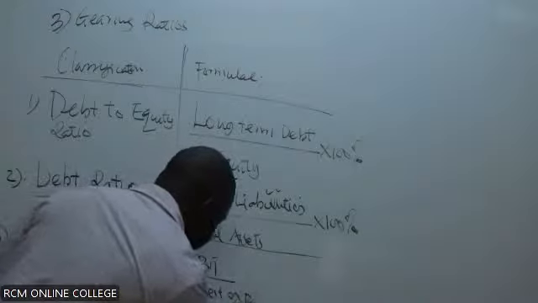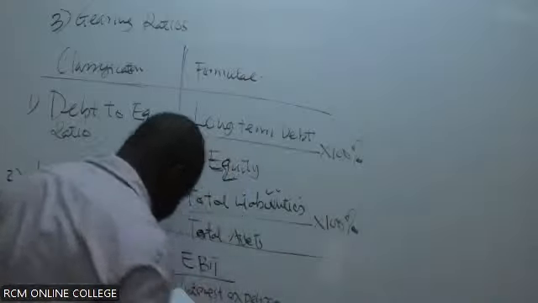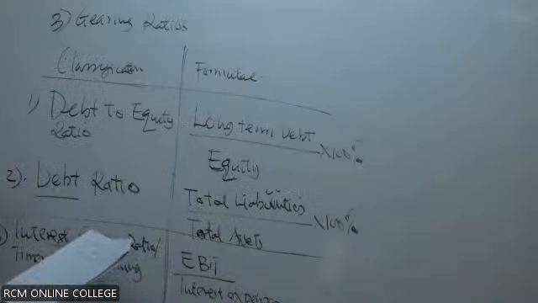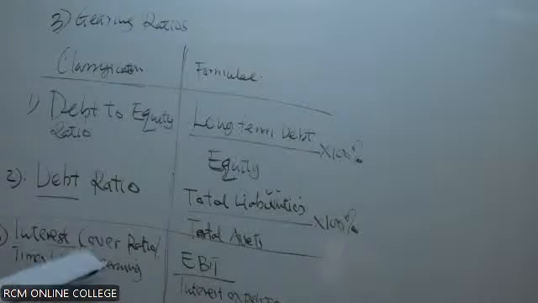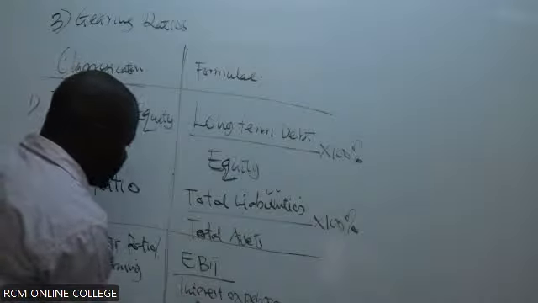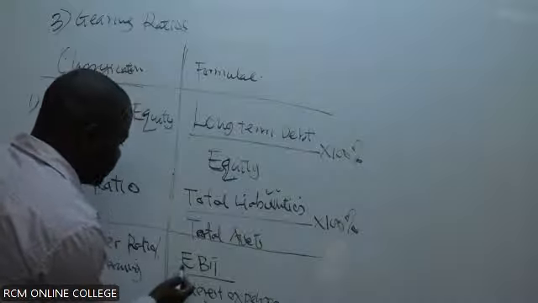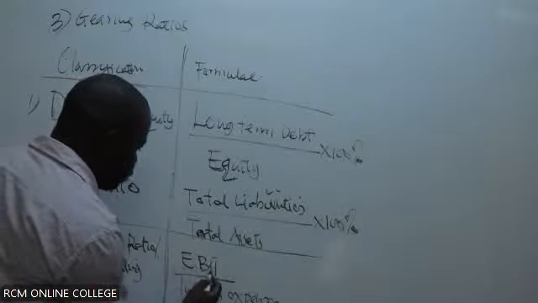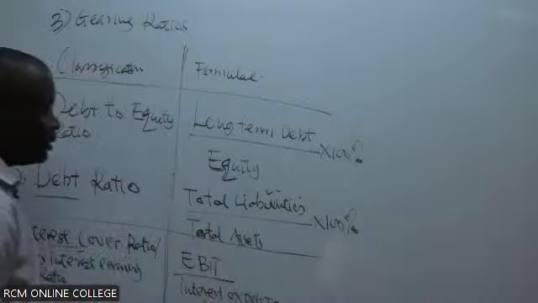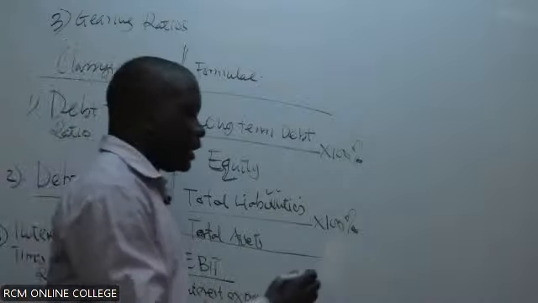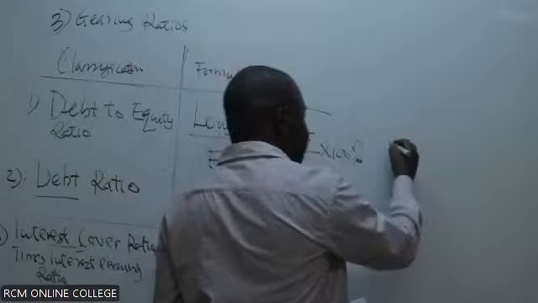You divide by the interest expenses. So this one you don't multiply by 100%. We're just trying to find out the interest you are having to pay when you borrow. How many times is it going into the earnings before interest and tax? Remember, in this case, if you are doing your computation here, it means that in your